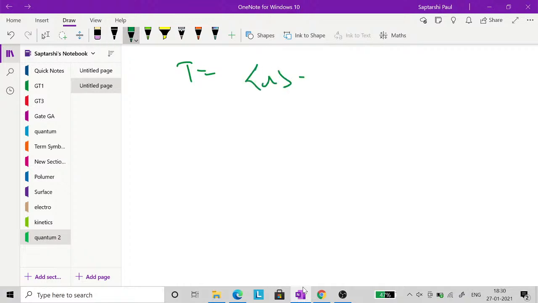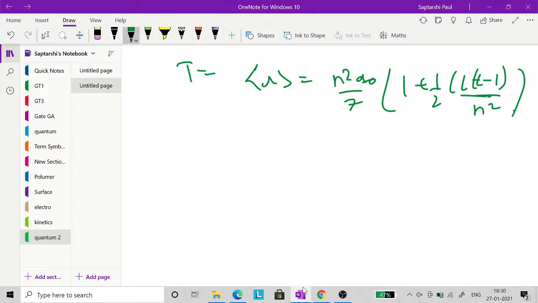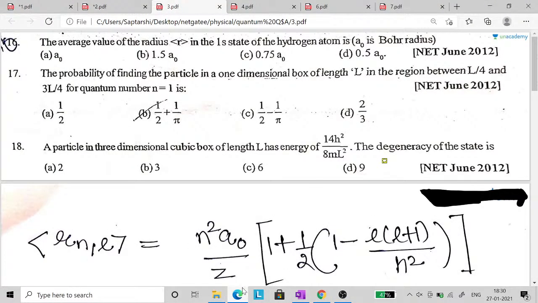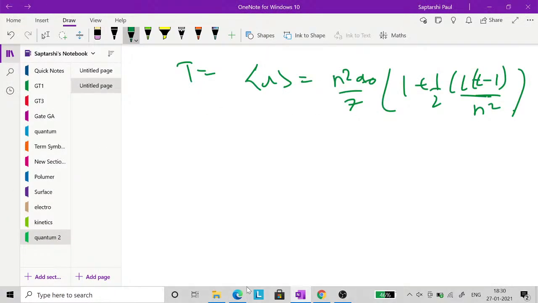So the average of r is equal to n square a0 by Z, 1 plus half, 1 minus l into l plus 1 by n square. Just let me again check this because it's such a big formula. Okay, it's 1 minus l into l plus 1 by n square plus half, so this will be 1 minus,